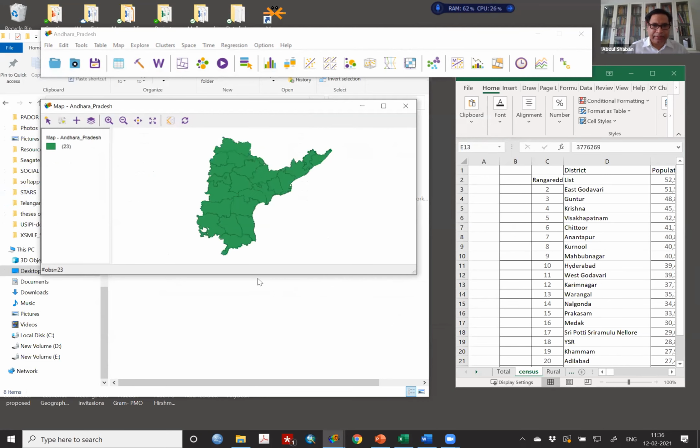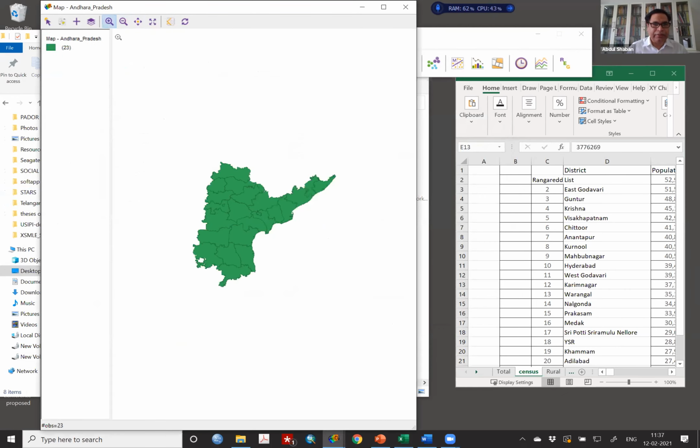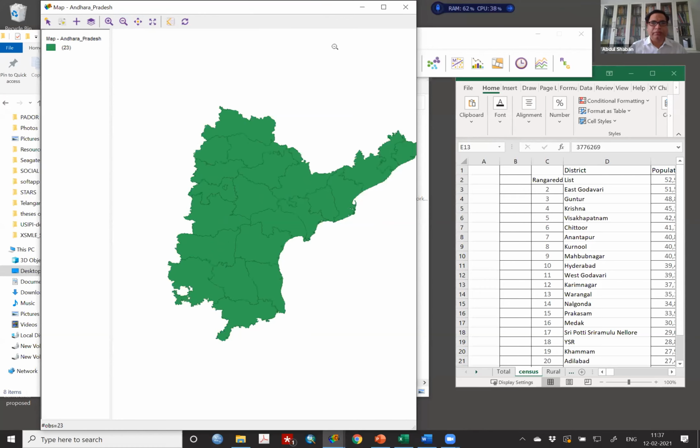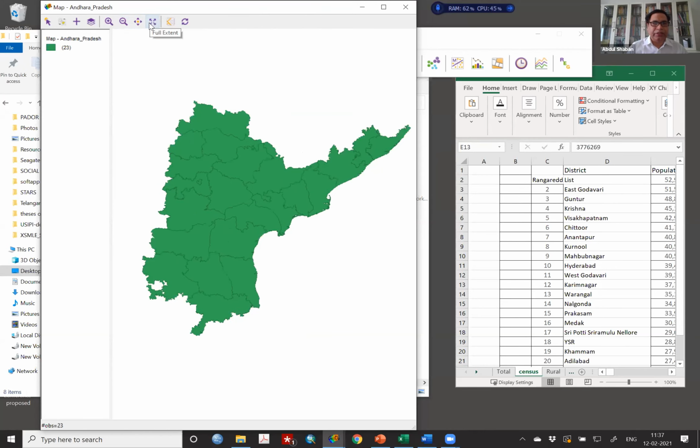These basically help you in increasing or decreasing the view. For example, look at this. If you want to see more, you can bring it closer, and you can also amplify it like this, as you do in your imaging software. You can move it, pan it in all directions, and you can expand to the full extent. Here is something important.